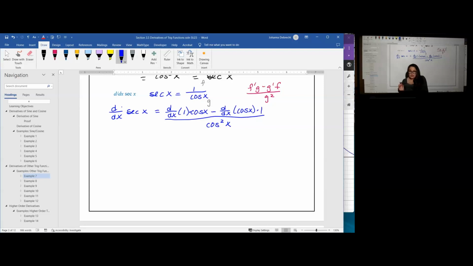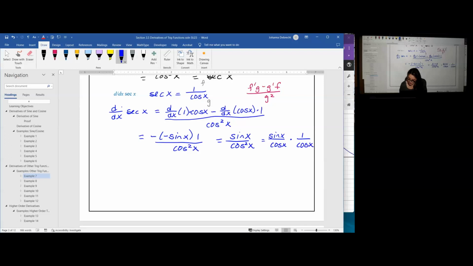Okay, what does that give us? The derivative of 1 is 0, which eliminates the first term. And then the derivative of cosine is negative, so we get a double negative, sine of x times 1 over cosine squared of x. This gives me sine x divided by cosine squared of x. The next part is sort of a little tricky. What we're going to do is manipulate the denominator, and we're simply going to rewrite this in a different form as the sine of x divided by 1 factor of cosine x